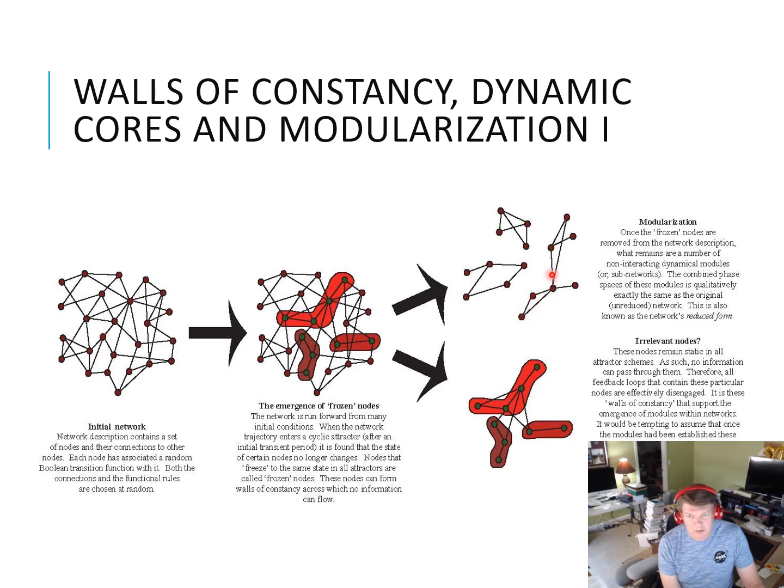We still have information passing around, moving around these modules, but a number of feedback loops have been disabled because of that. And to re-emphasize the point, we can't go from here to here using nice traditional analytical math. We basically have to run this system forward, identify the different frozen nodes, identify the disabled feedback loops, identify the modules that have emerged from the system. And we have to do that for all initial conditions, because for most of these systems, there will be multiple solutions, depending on where we start.